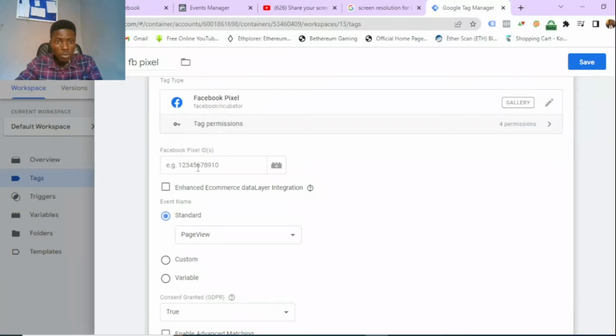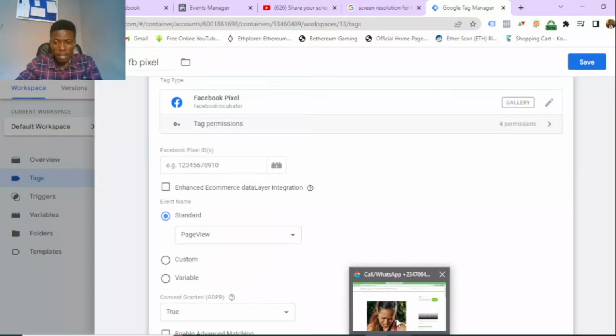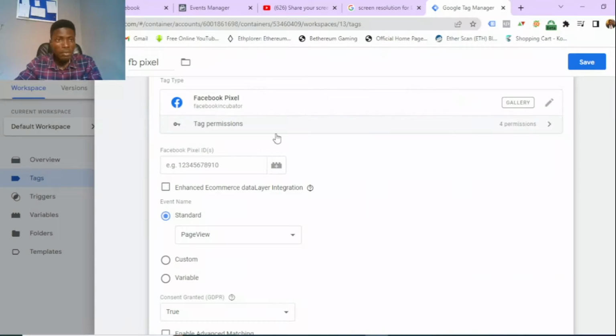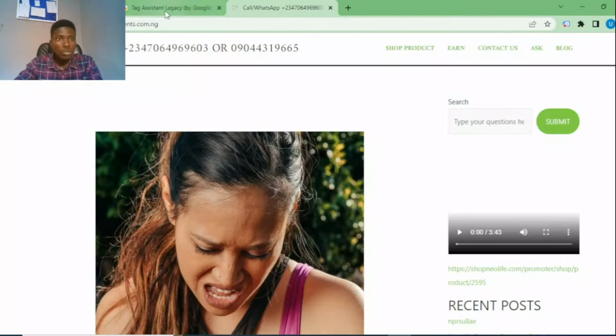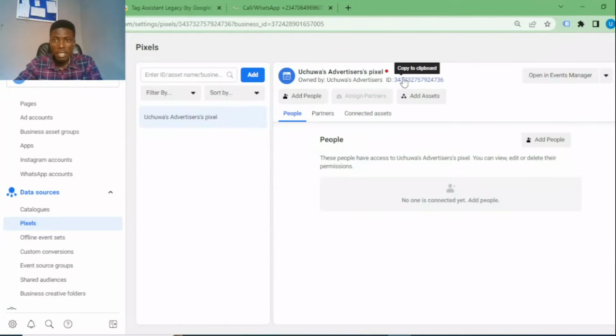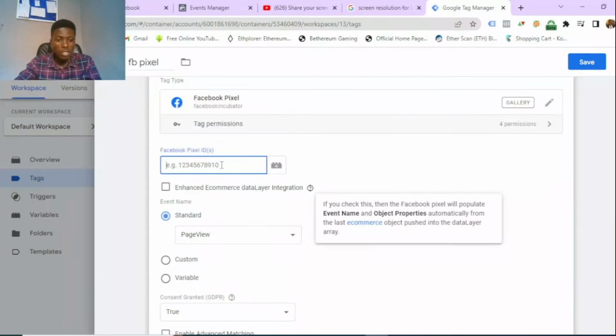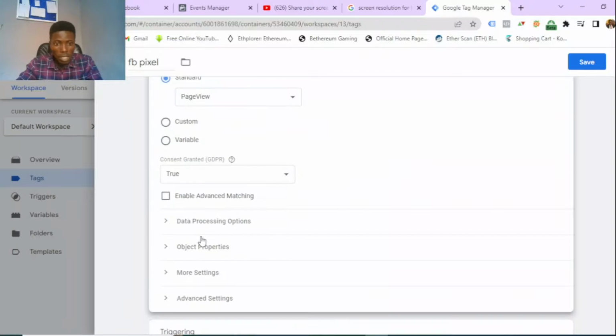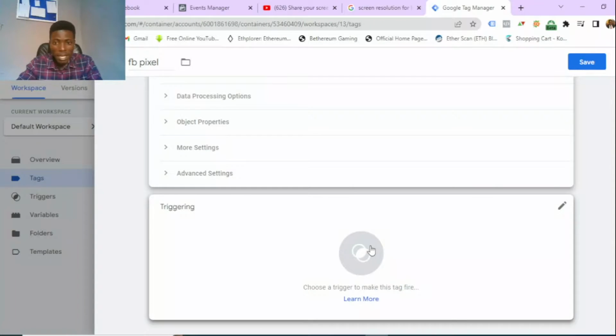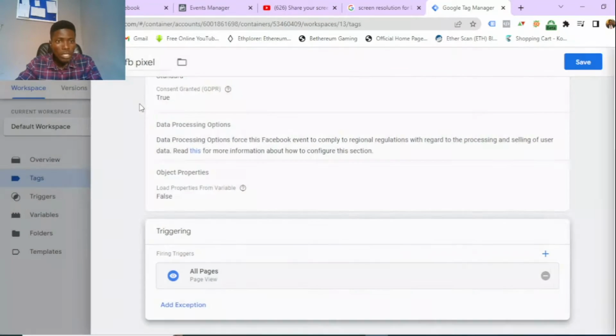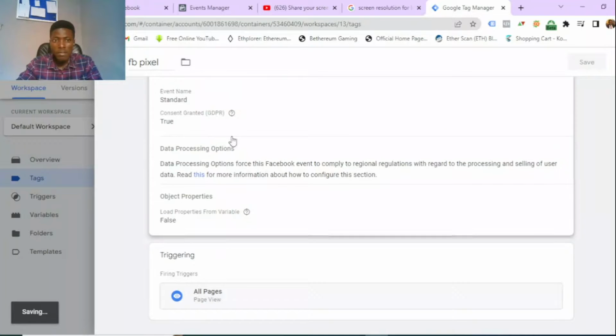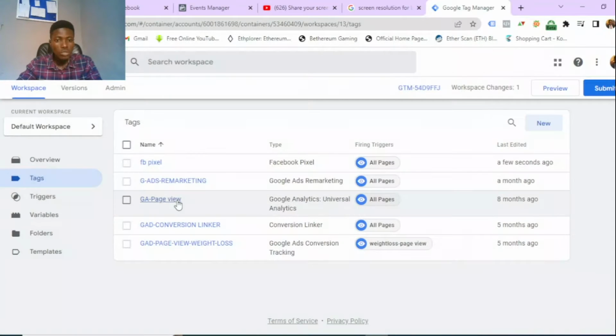So the only thing you need to do right here is to copy the pixel ID, the one we generated from the same browser. So this pixel ID, we are going to need to copy it, and then we paste it in here. So we come down here, and this is the pixel ID. You click, and then you copy it, and you come down to this place, you put in the ID here, and you leave all of these ones the way they are. Then triggering, you trigger for all pages, and then you click on save, and like that we should have the